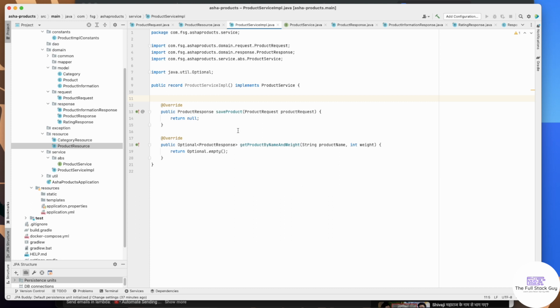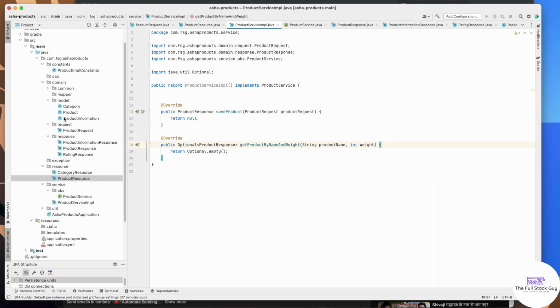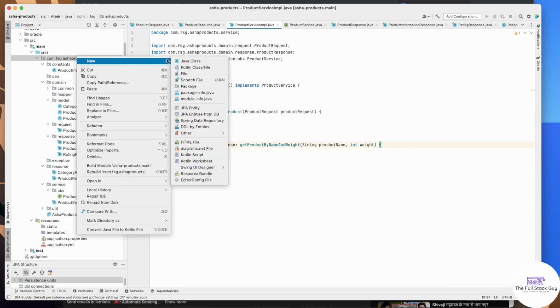Not a problem. The first method we want to implement is this. Of course, for this we will require a repository. Do we have a repository package? We don't have it, so let's create a repository package. See, repository and DAO, we have different things. Why are we having different? Because DAOs are the interfaces created through JPA. Repository we will have separately, because